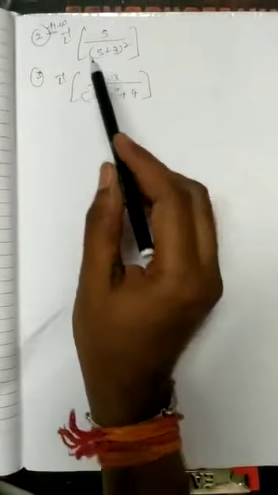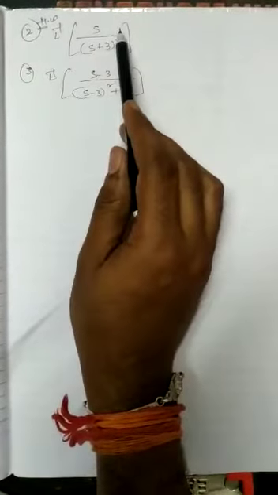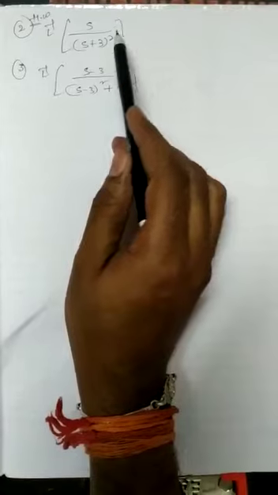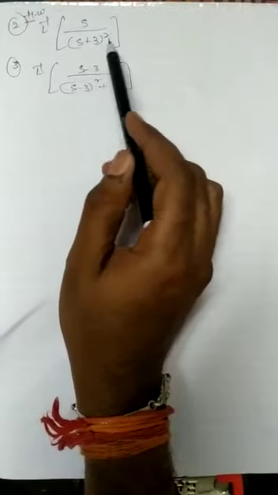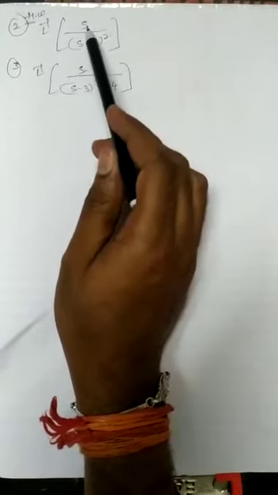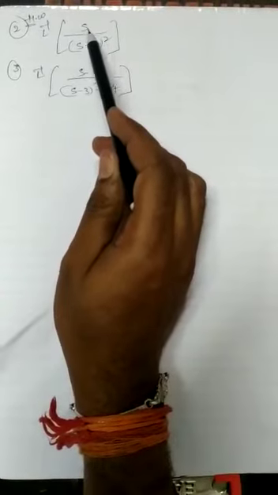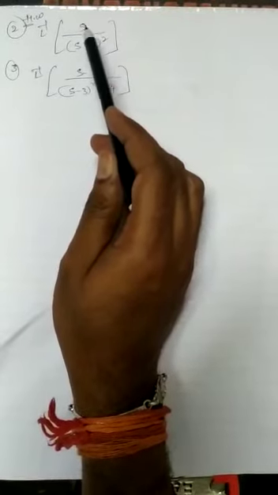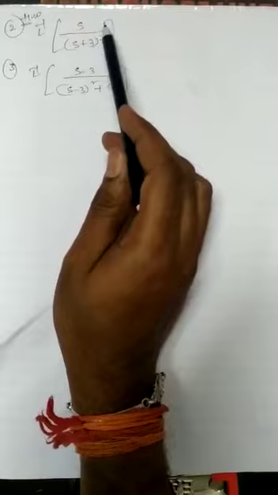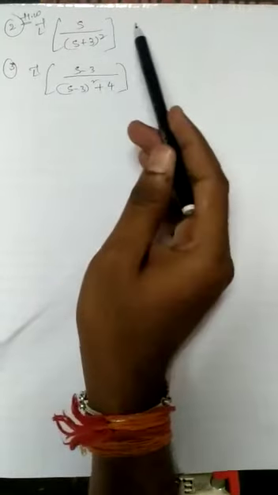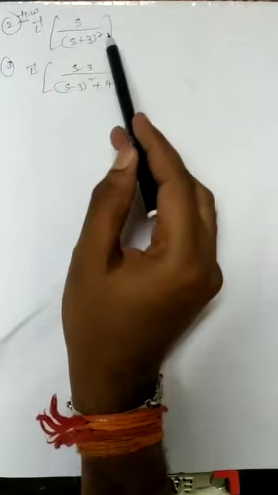Now let us see the second problem here. Laplace inverse of s by (s plus 3) whole square, similar to the previous problem. In the denominator we have s plus 3, in the numerator we have only s. So convert this numerator into s plus a format. To get that, add 3 and subtract 3 and solve similar to the previous problem.